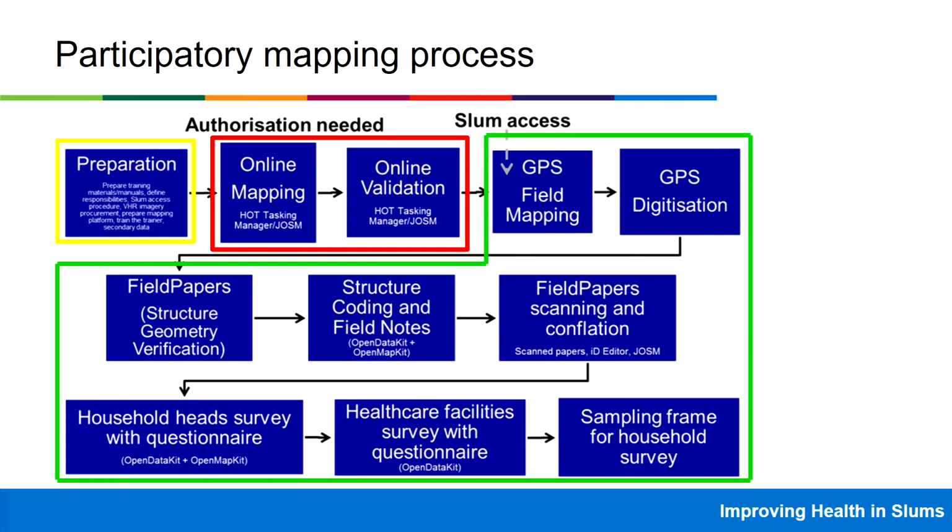And then beyond that, we do two key surveys: the household health survey, just to identify the structures that are inhabited and those that are not, and also the healthcare facility survey. After that, we construct the sampling frame for the other work package, that is the household survey. Once it's constructed, we use the spatially regulated sampling method I mentioned earlier to draw about 1,000 households for the survey.